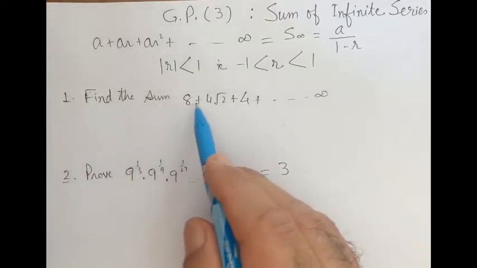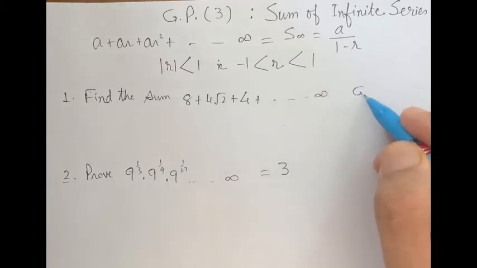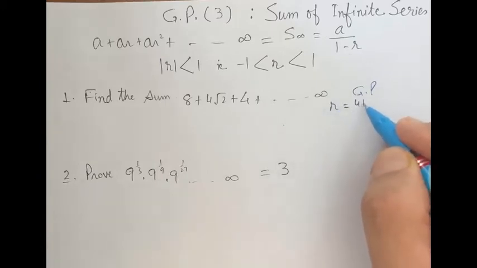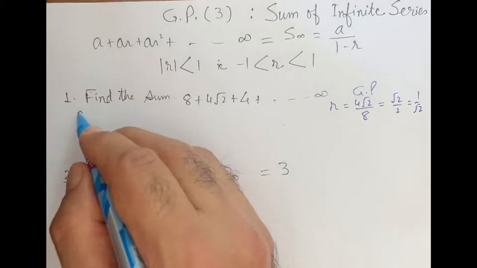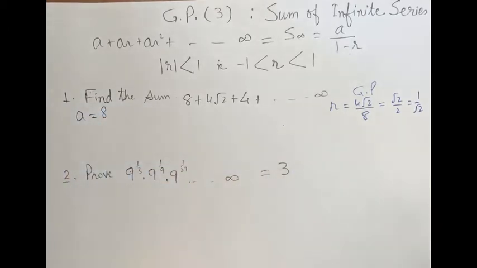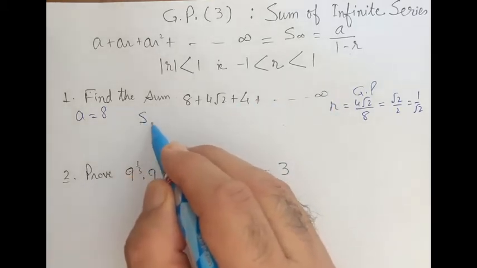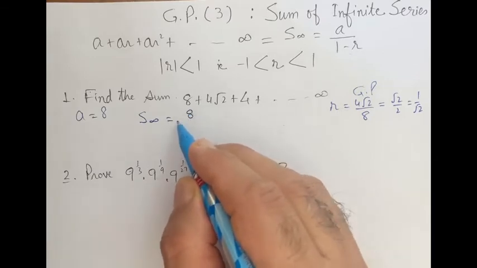Let's solve questions based on this. We have to find sum of this series up to infinity. So we identify this as GP, in which the common ratio is 4 into root 2 upon 8, that is root 2 upon 2 or 1 by root 2, and first term is 8. So 1 by root 2 is less than 1. Therefore this sum is defined,